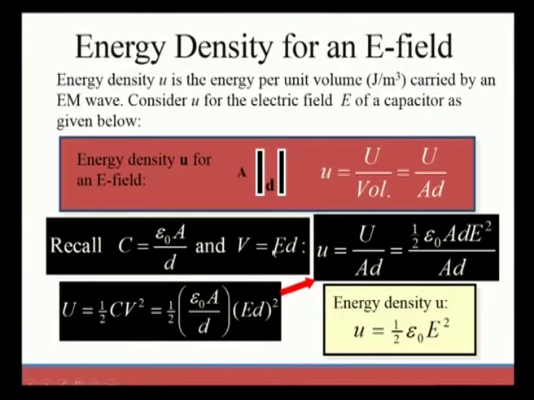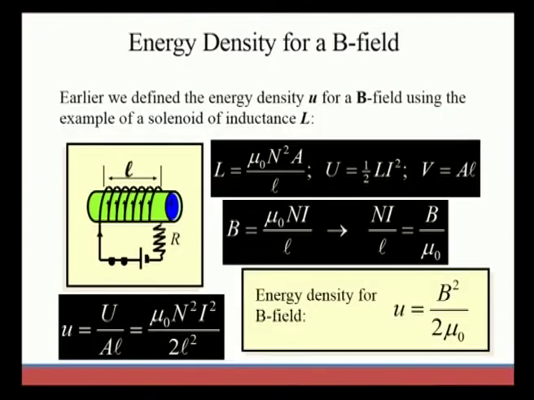Now, we come to a clear picture of how this energy density is derived with the help of two conductors. Since two conductors are taken for generating the electromagnetic wave, we treat it as a capacitor. With the help of the basic capacitance equation and the V is equal to Ed equation, we can derive the energy density equation of the electric field, that is u is equal to 1 by 2 epsilon naught E square. In the same way, we need to know the energy density equation for the magnetic field.